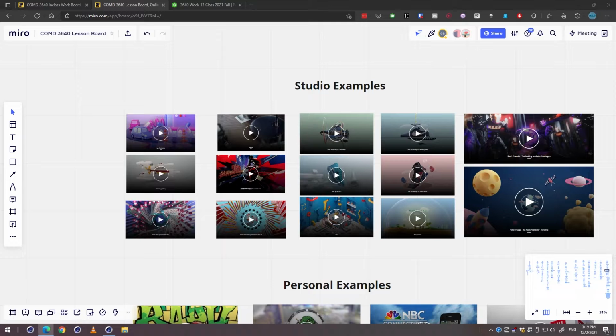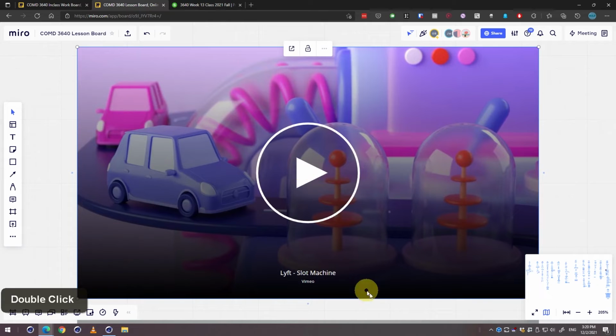The ones that I have up here to begin with are all mainly studio examples. So these are created by teams of people mainly, or small teams. Not all of them are huge teams. And then I also have some of my own examples that we'll check out as well. I'll jump into some of these here, just so you can see what I'm talking about. Let me lower my background music a little bit